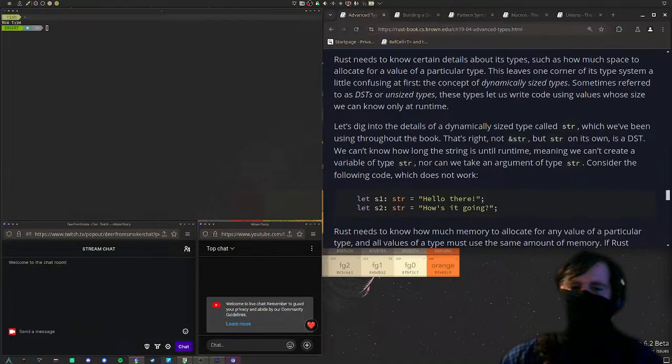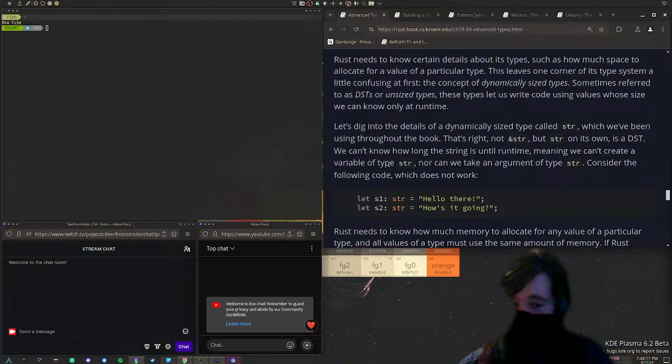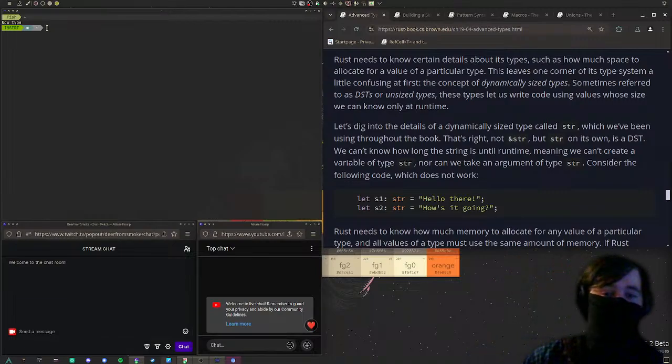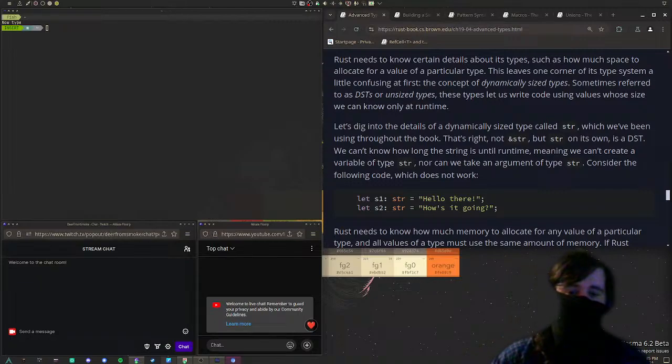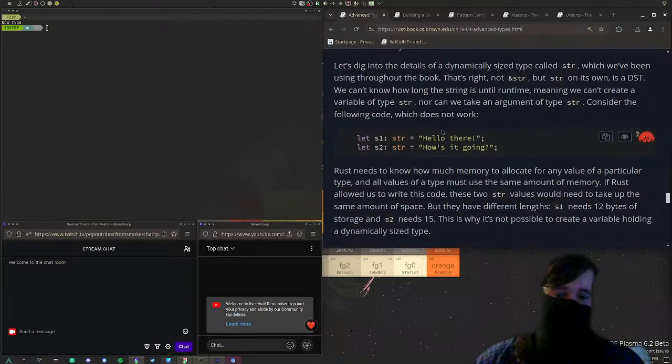Let's dig into the details of a dynamically sized type called str, which we've been using through this book. That's right, not &str, but str on its own is a DST. We can't know how long the string is until runtime, meaning we can't create a variable of type str, nor can we take an argument of type str. Consider the following code, which does not work. So we have let s1: str = "Hello there!";